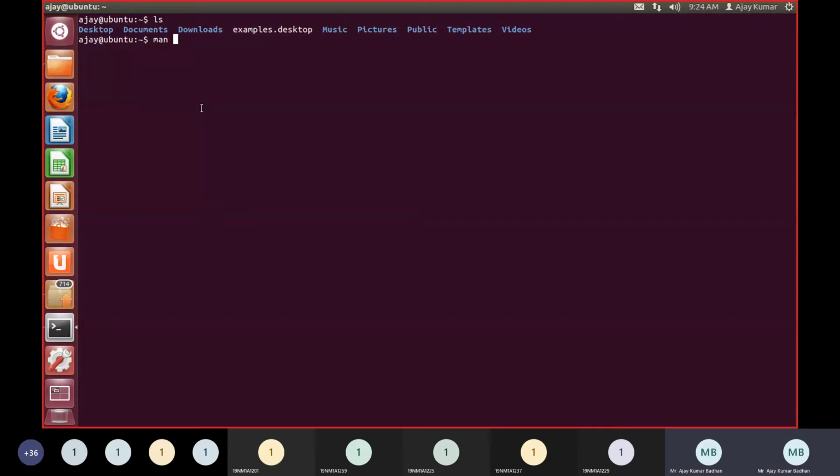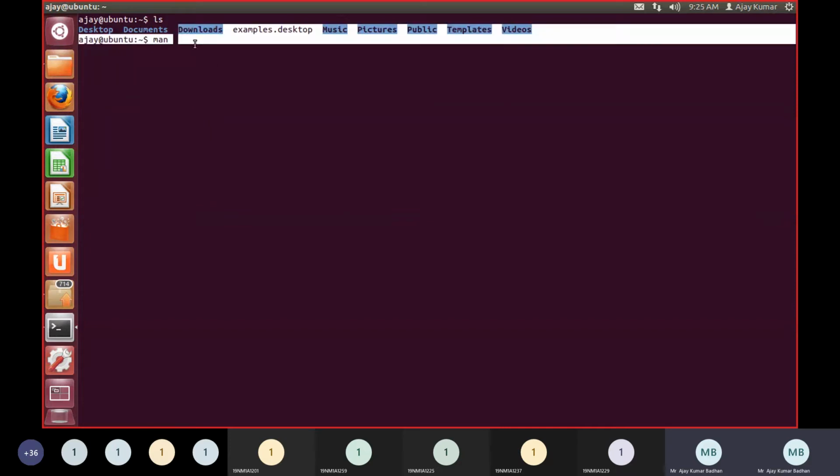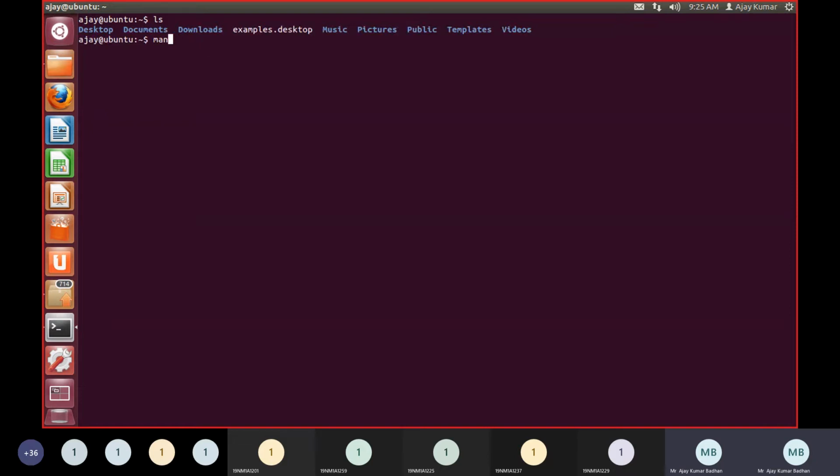For example, you are getting interacted with Ubuntu for the first time, and you're not able to identify what exactly this ls command is. Simply I'm saying that it is a list command, but you're not getting clarity. So you can use this command: man space, followed by whatever command you want information about. I want to know what exactly this ls command is and what different options it has, so I can use man space ls. So when you press enter,